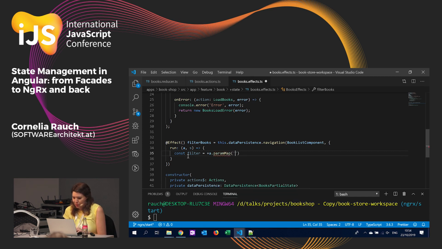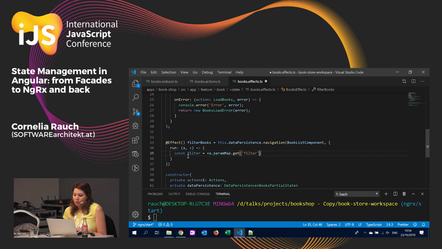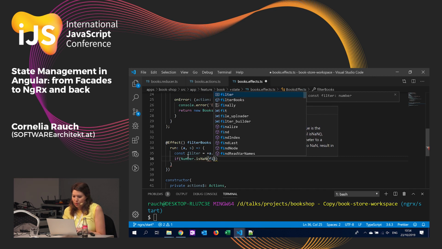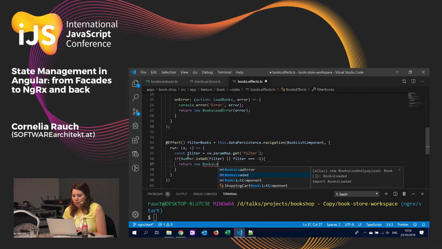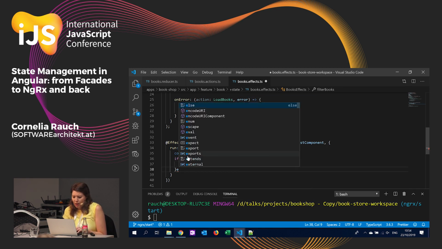I think they're going to be my params map, sorry. And it's params.map.get, of course. And so I receive here back my filters, and then I will ask here if I get a valid filter back, which is going to be either a number, or it's also not valid if it's -1. And if this is the case, I will return a new state, which is books loaded, and give back books loaded, my static list of books in this case, so all of my books, and otherwise